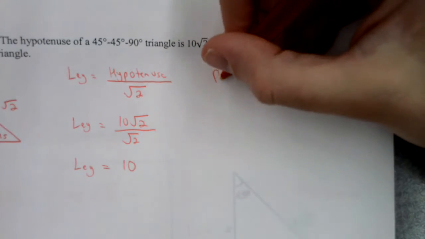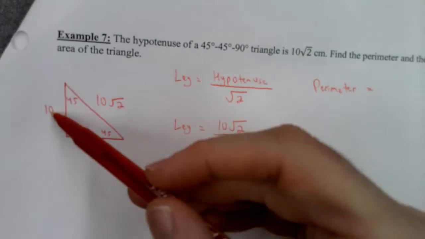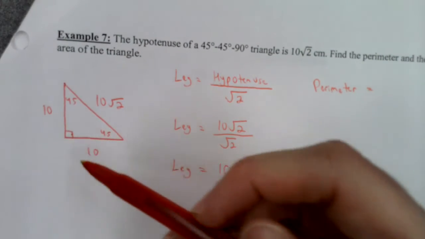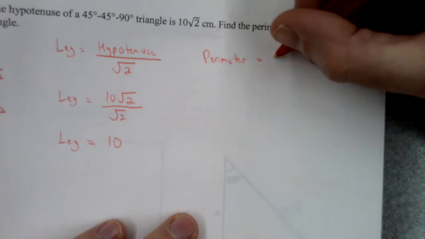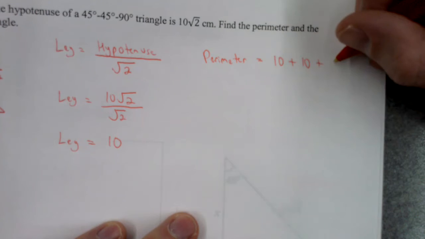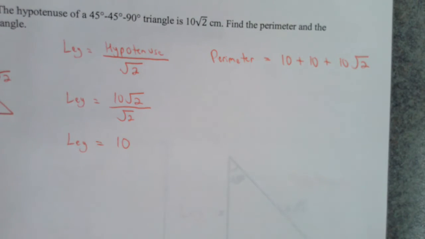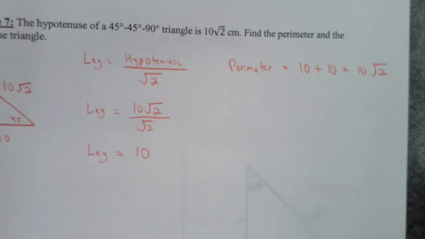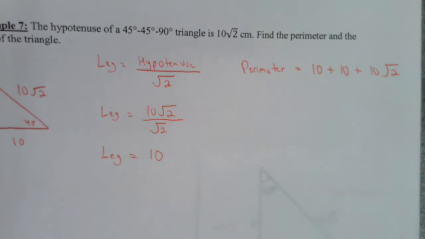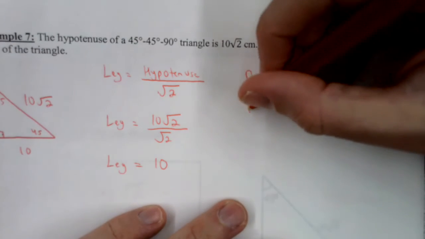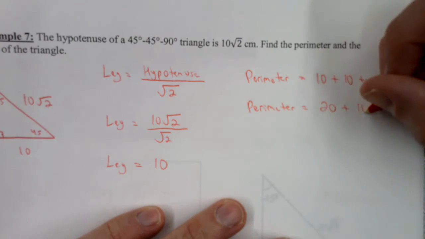Perimeter first. The perimeter is when you add up all the sides. So I'll say 10 plus 10 plus 10 square root of 2. Now think back to the first lesson when we did operations with radicals. You're not going to make this 30 square root of 2. You're just going to combine the parts without the square roots together. So you're going to say perimeter equals 20 plus 10 square root of 2